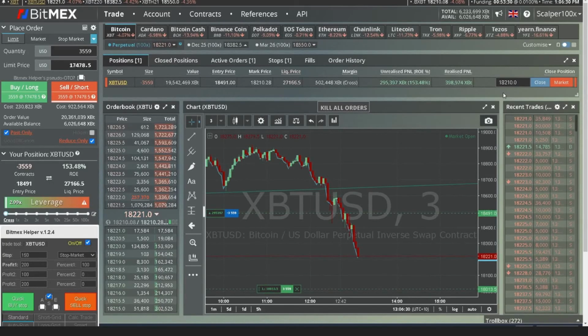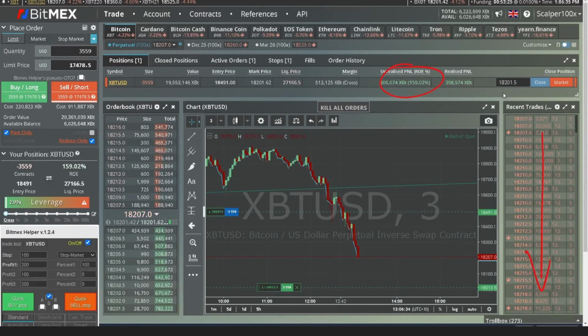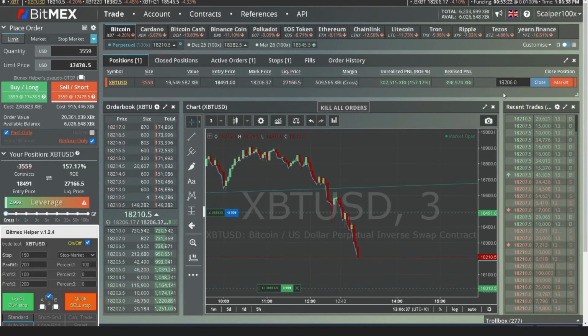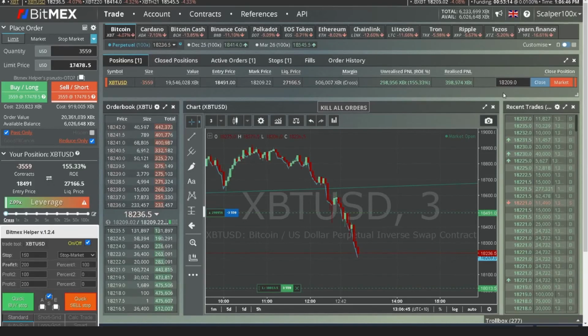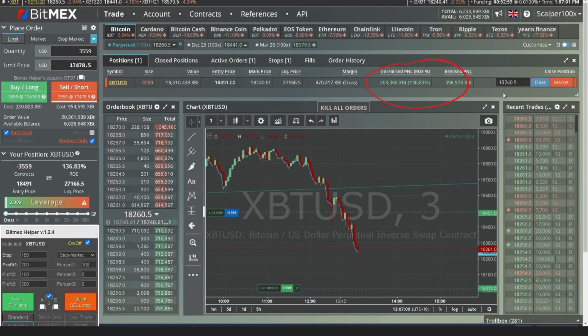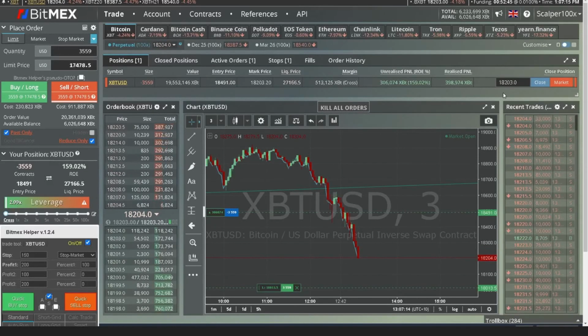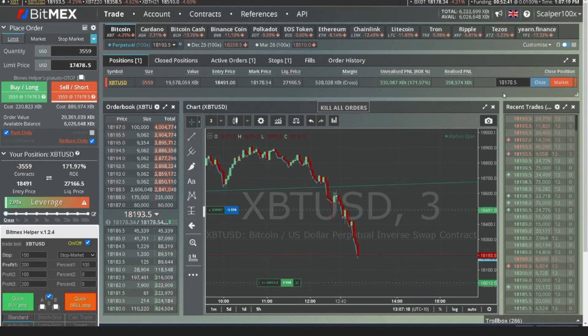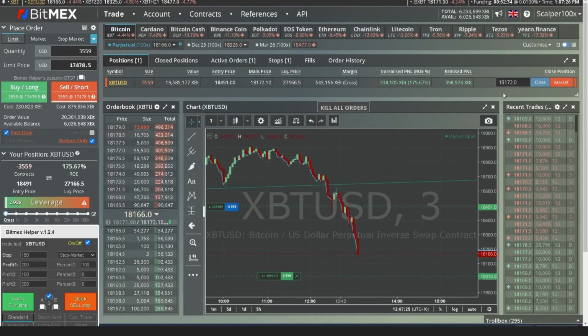So further capitulation here for Bitcoin. And we're breaking down. Shorting is the devil to some people, but it just moves so much faster, you know. We've been in this trade only 20 minutes or so. We're looking like touching the 18.1 level,